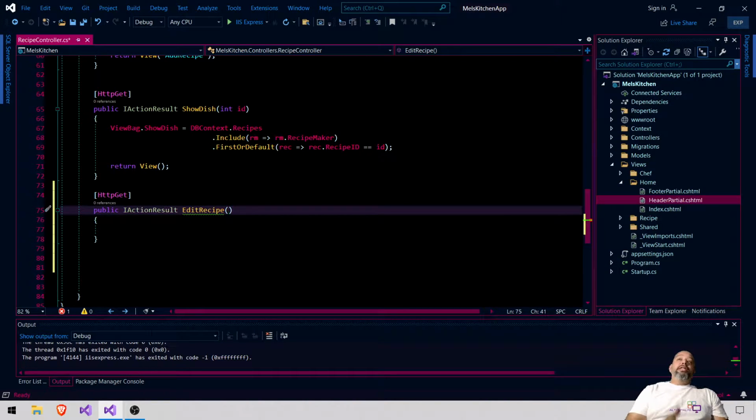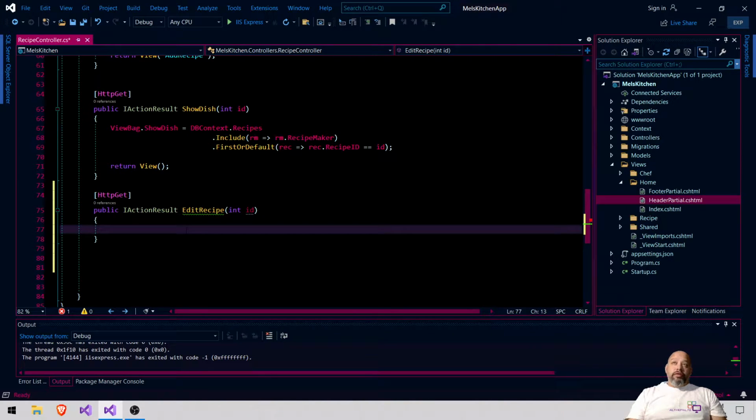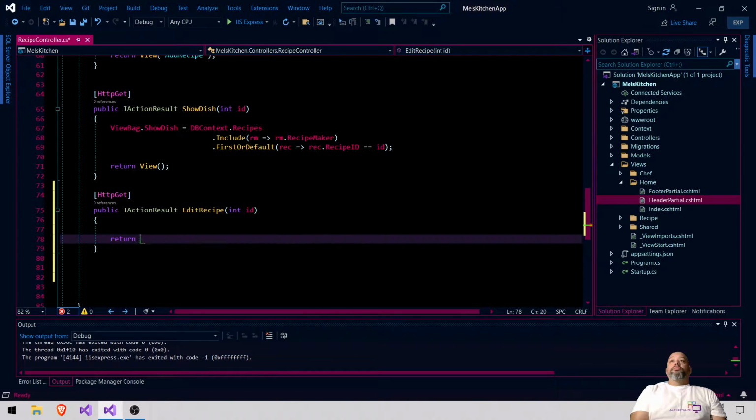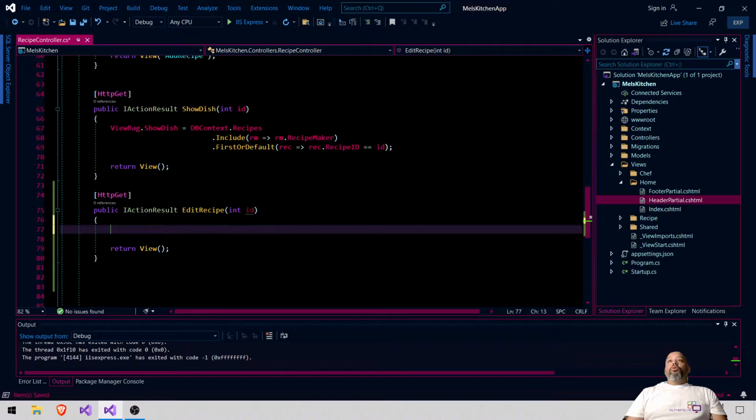What do we need inside here? Well, we need an ID. So we're just gonna call it ID. I'm not gonna call it recipe ID and make it super long for nothing. This is like, return, we're just gonna call it view for now. Okay. So what do we have to do first of all, right? We have to find out